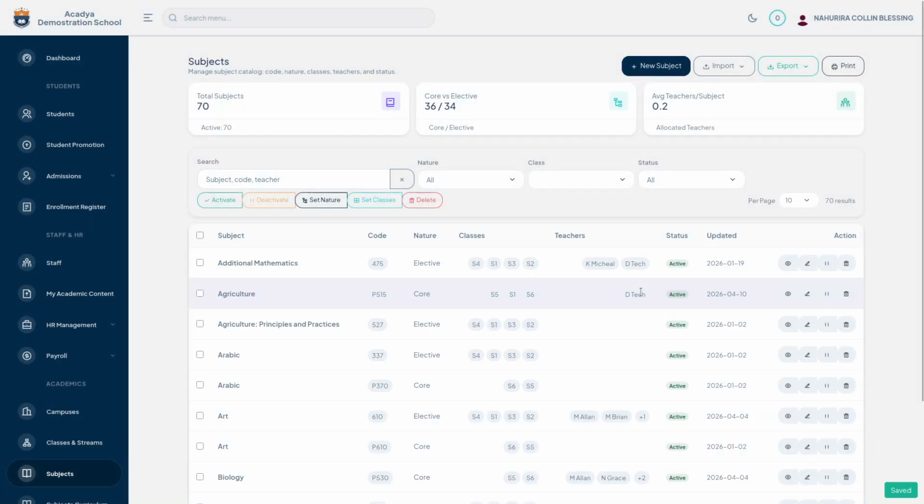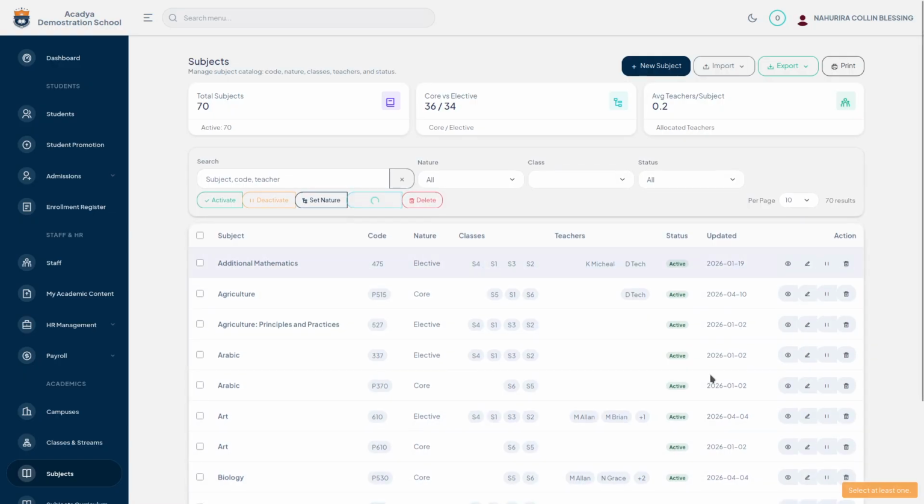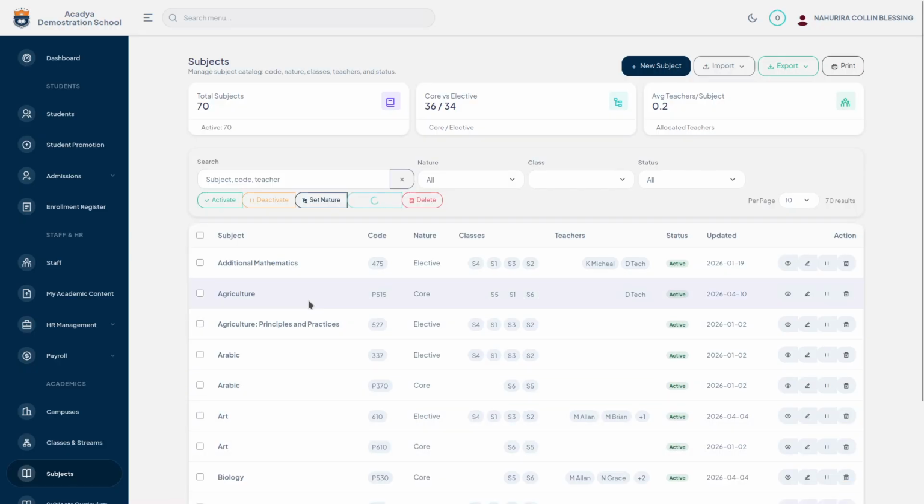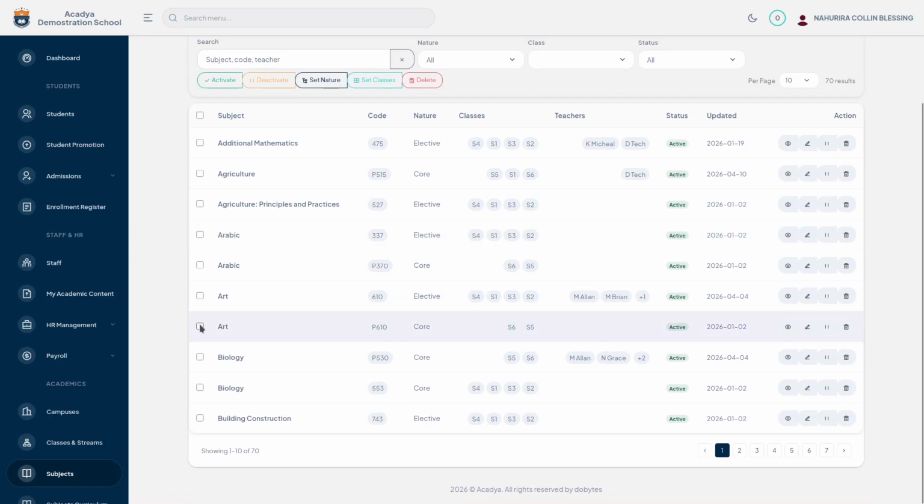So let's say you want to assign this subject to many classes and you realize that it is actually very tiresome to go from one class to another, from one class to another. So it is simple. We can do what we call bulk here. When I click on it, it is showing me an error down here that says select at least one subject. So I will select